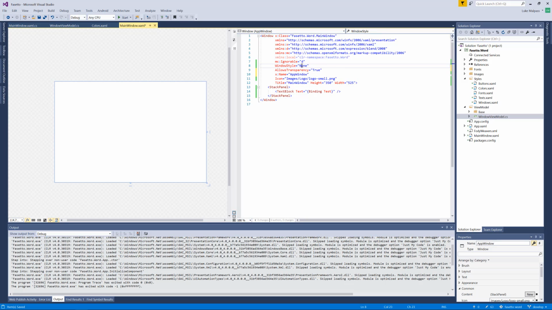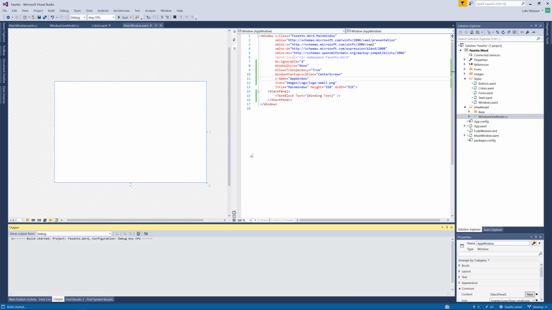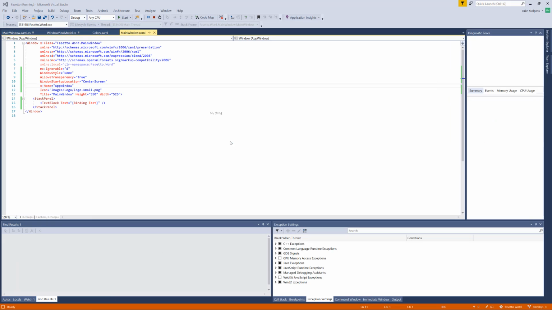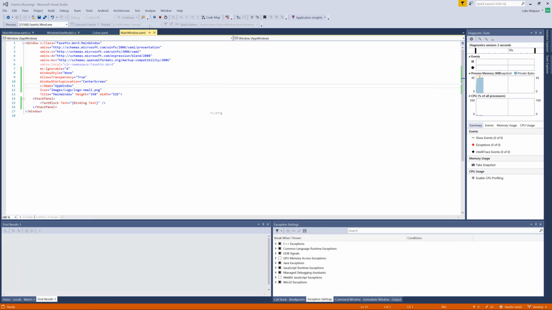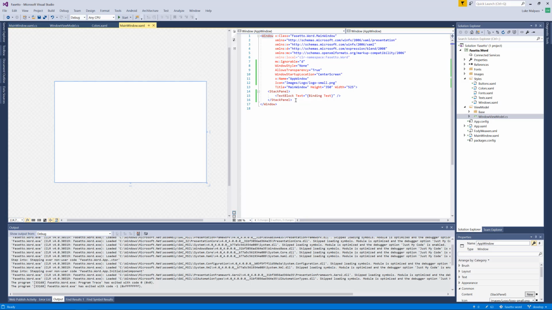We've got this window style to none, so we remove all the borders and all the buttons to start with. We allow transparent so that we can do cornered things. Let's make it also always start up in the center of the screen, because that's annoying when it just keeps popping up in different locations. So now it should open up in the center of the screen every time, which it has there. Again, you can't really see because we've got the borderless thing at the moment. We've already set the icon there. The title will say